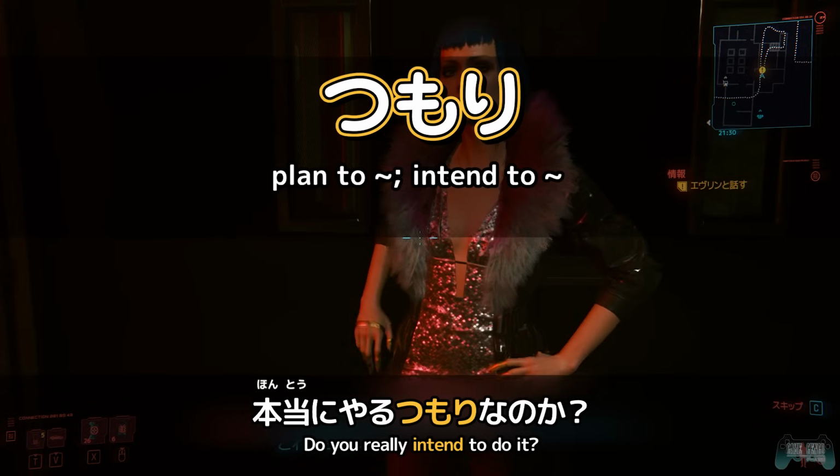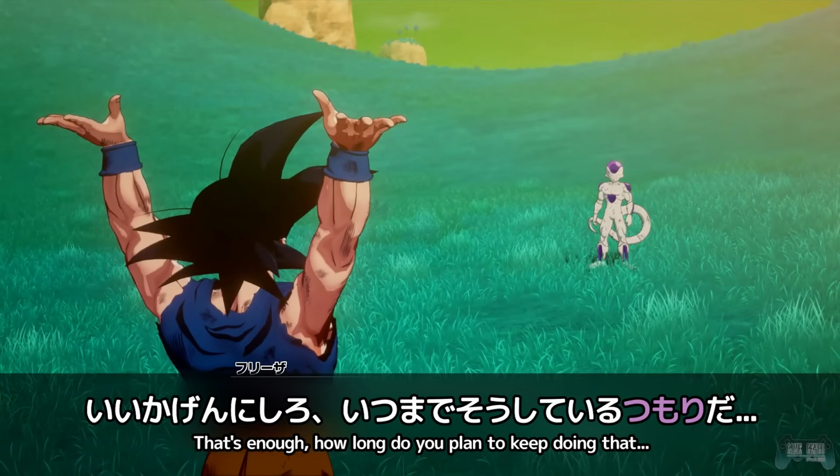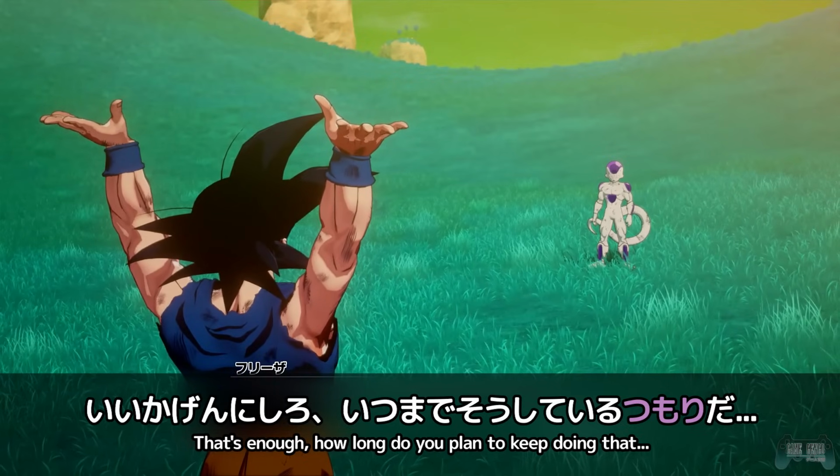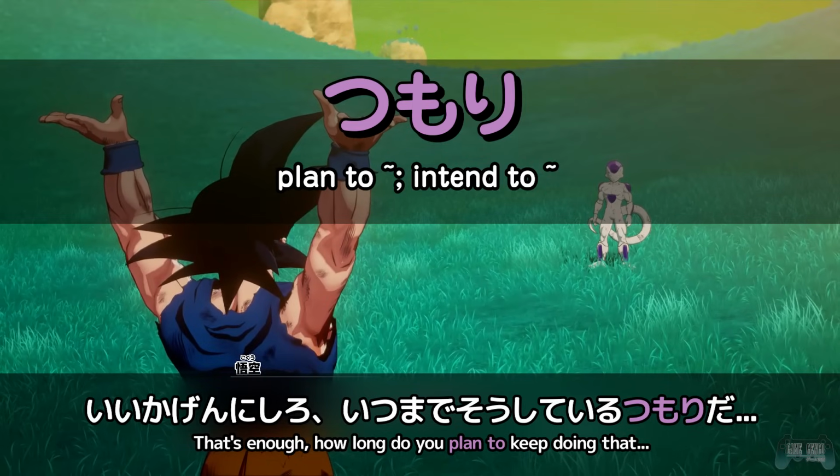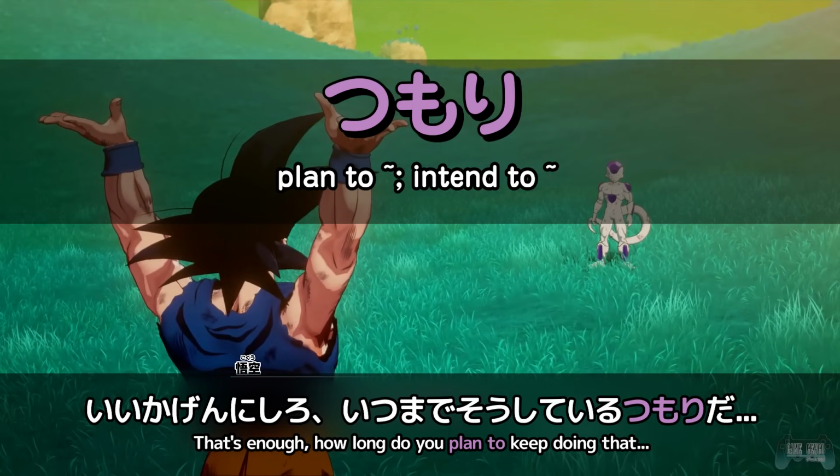本当にやるつもりなのか? いい加減にしろ! いつまでそうしているつもりだ! Or next from Dragon Ball Z, where Frieza is fed up with Goku raising his hands like